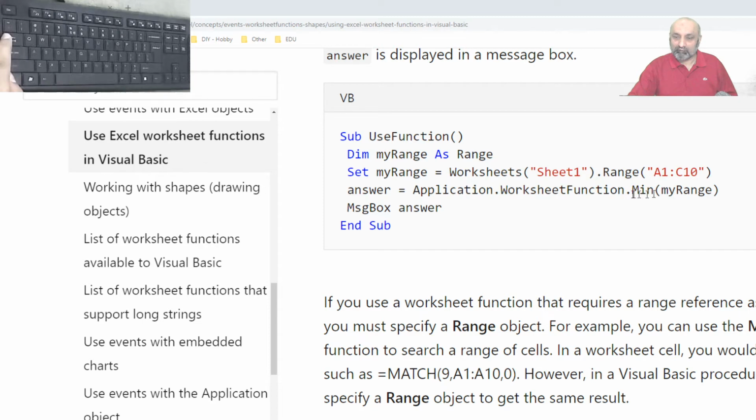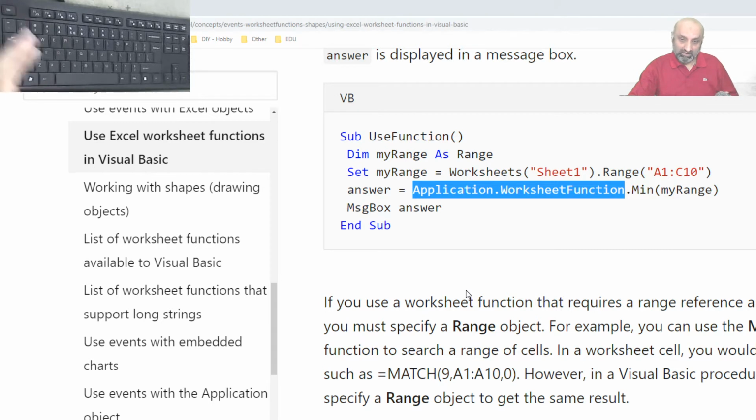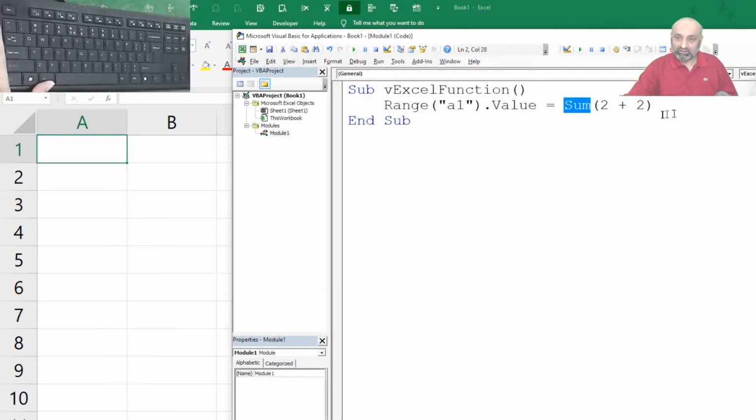So when we need to use an Excel function, before that function name we should write Application.WorksheetFunction. So let's copy it, and here let's write WorksheetFunction and put a dot.